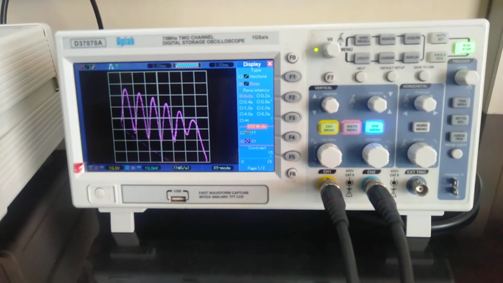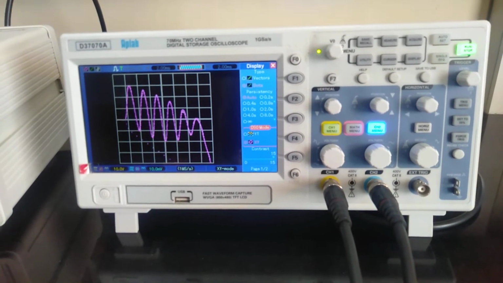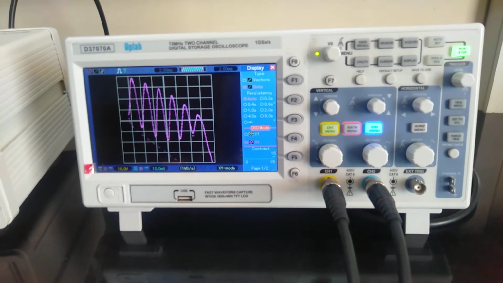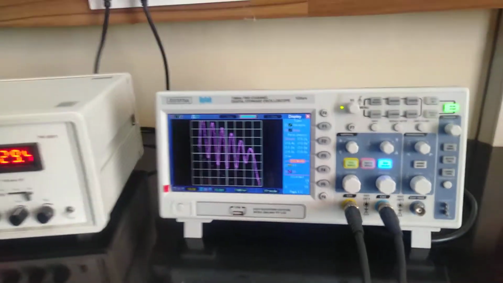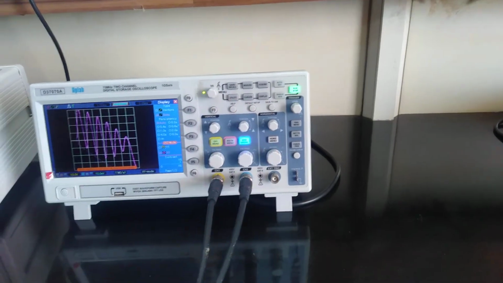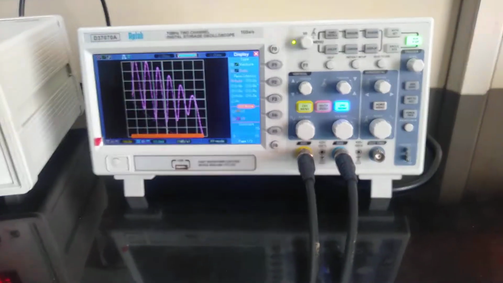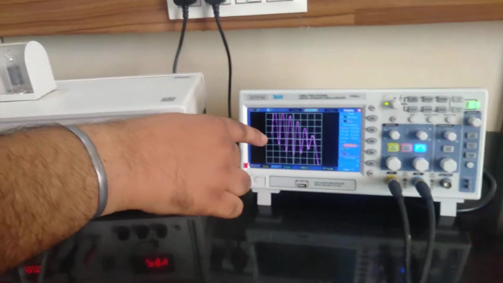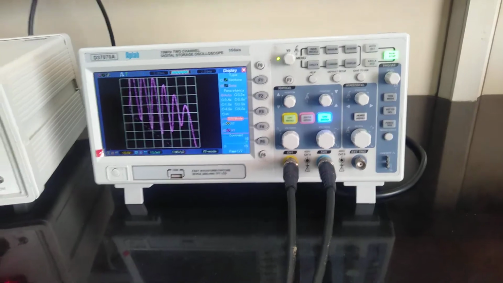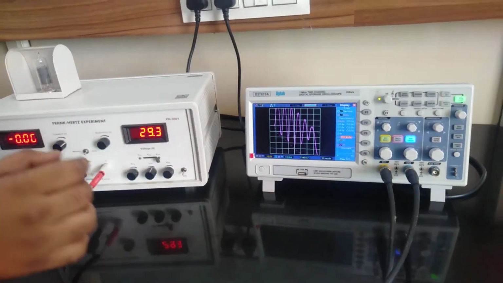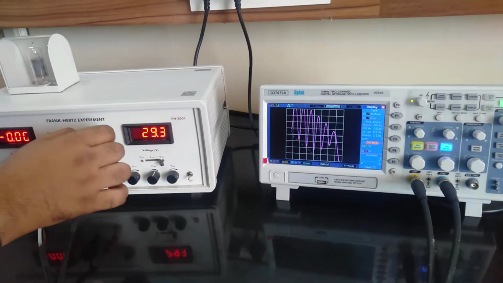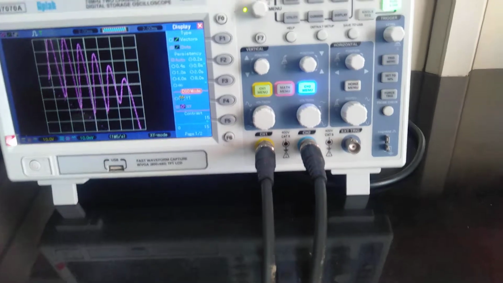So you can now see that automatically on the DSO you can see the spectrum of Franck's experiment for the argon gas. Okay, so this is how it is. So here you can use the scanning voltage now. See now it is going out of scale, so I will have to decrease the filament voltage by some amount so that it remains inside the frame. Okay, so I am decreasing it a bit.